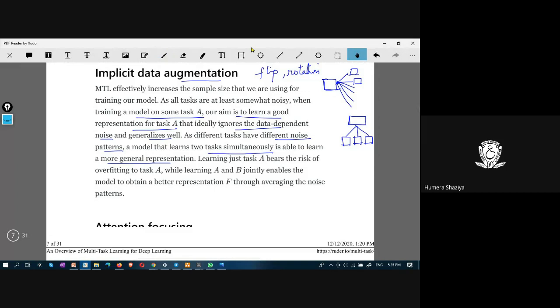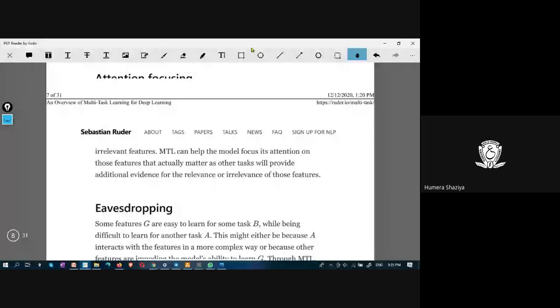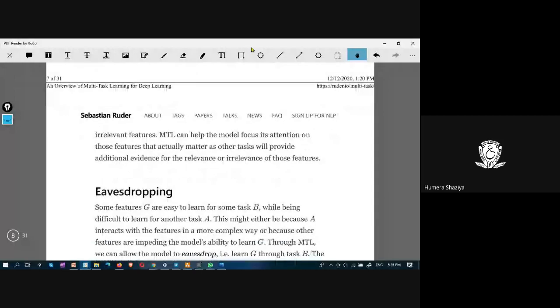And then that is about attention focusing. The model can focus its attention on those features that actually matter, and other features it can just ignore. What is eavesdropping?